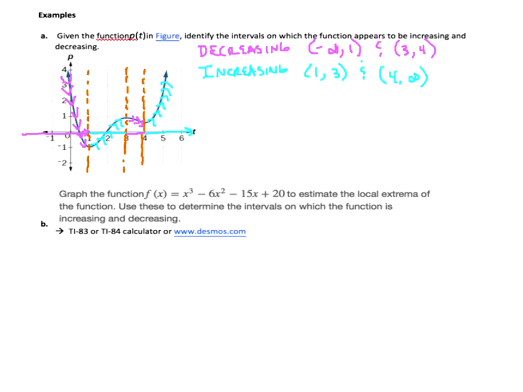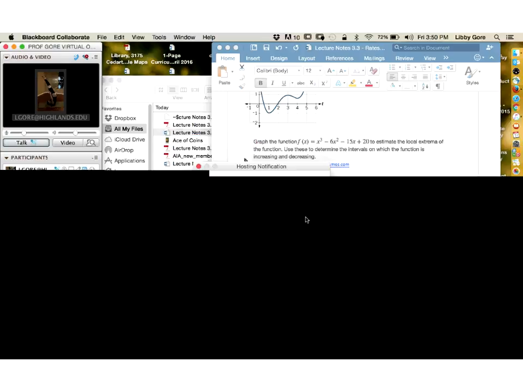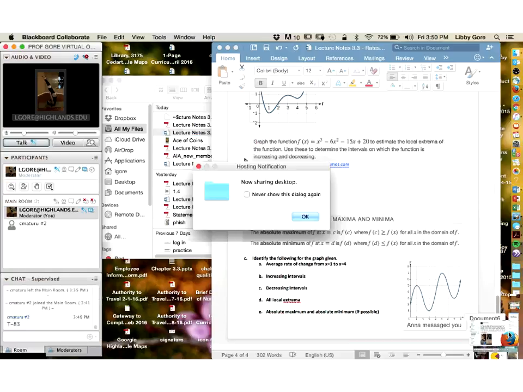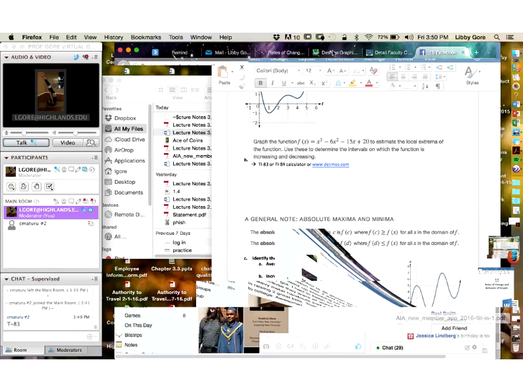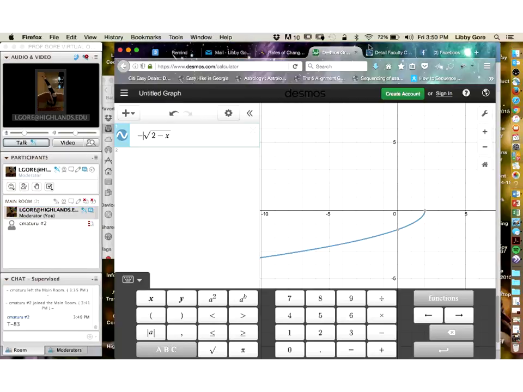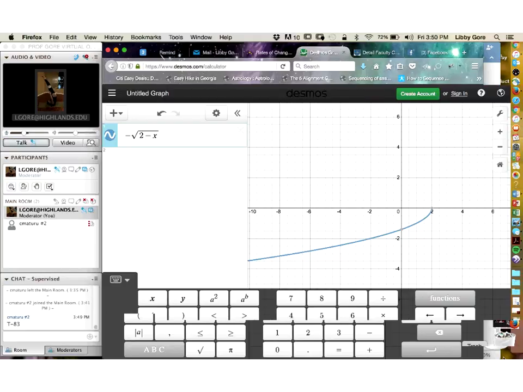Okay, cool. I can tell you how to do this in your graphing calculator and be exact with it. Okay. So let me find where I have my calculator. There we go. It still has our graph from the earlier lecture on it, hanging around there. All right, let's delete this.